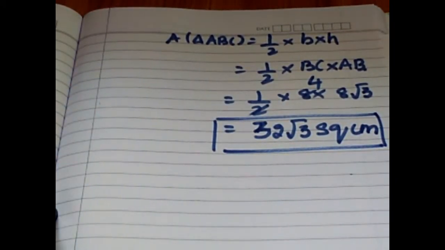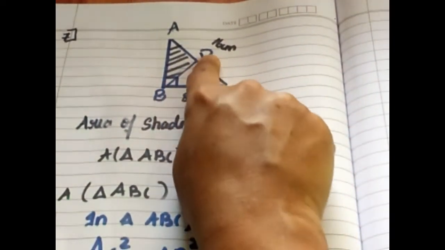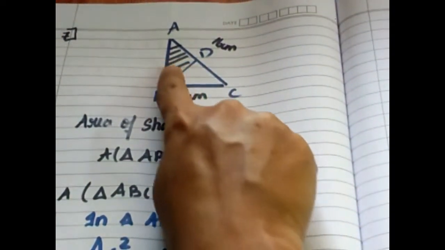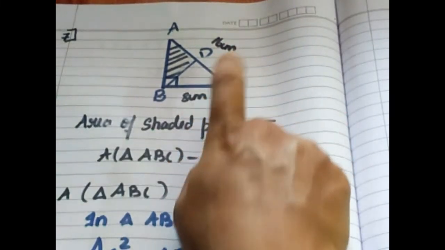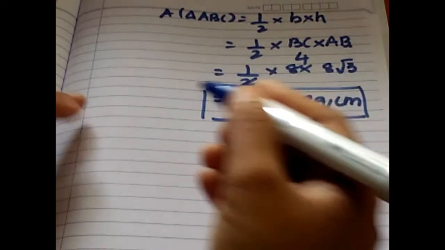That is the first step. And if you read the problem very carefully, they said that the triangle ABC is a right angle triangle and triangle BCD is an equilateral triangle. So equilateral triangle means all the three sides are equal. So we know our specified formula to find the area of an equilateral triangle.